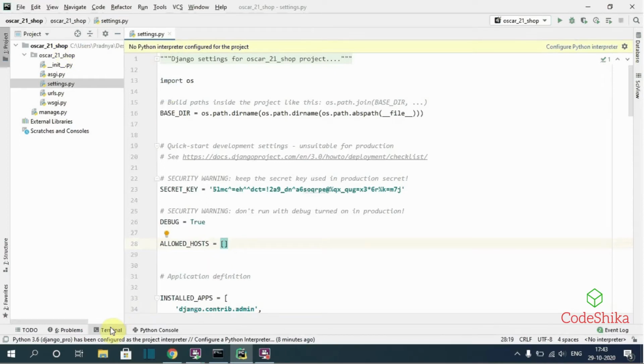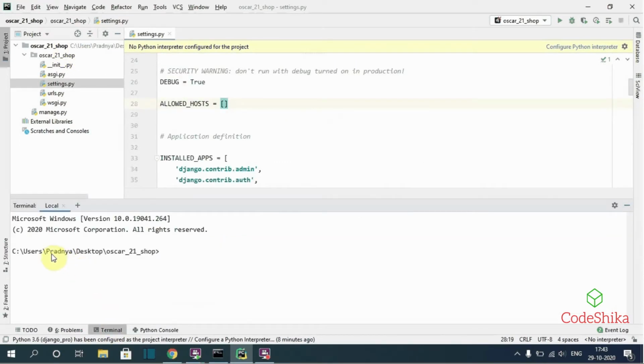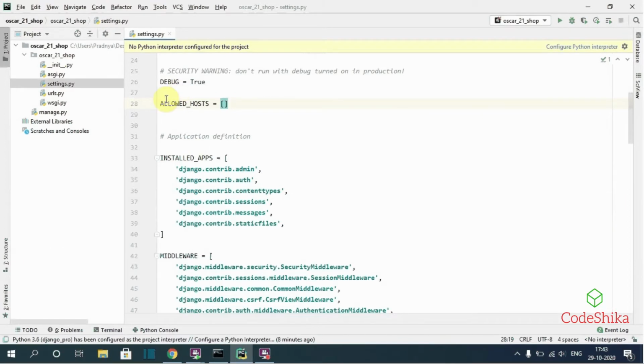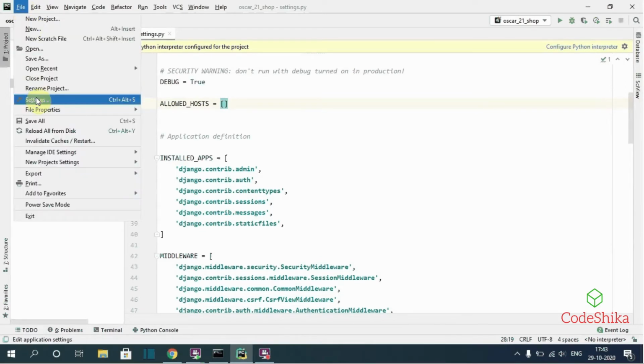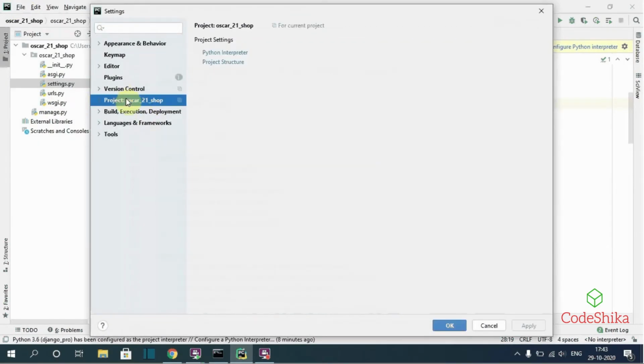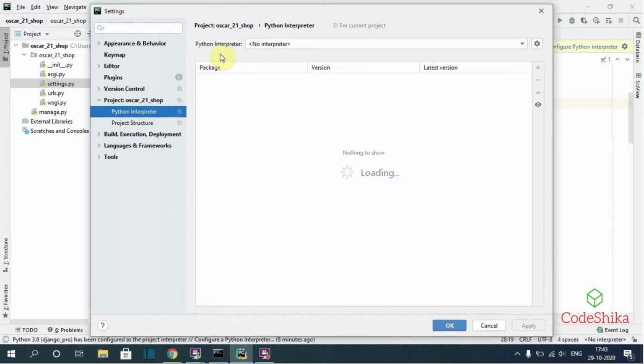Now let's open terminal. You can see here we haven't set the created virtual environment to this project, so let's close this. So we are going to set the virtual environment from File, Settings, select Project, and from Project select Python Interpreter.